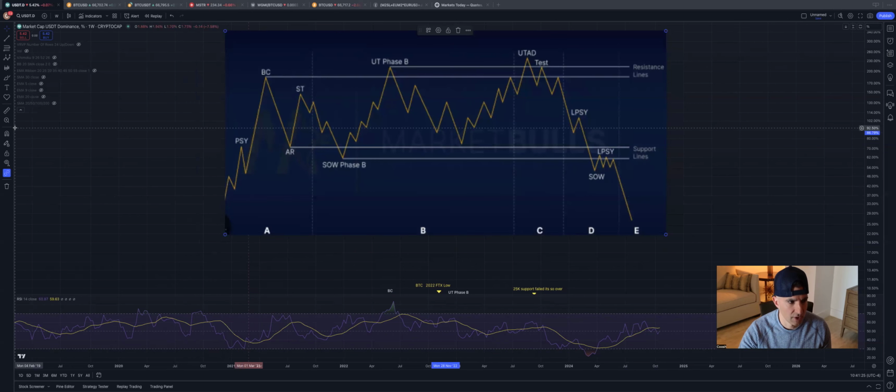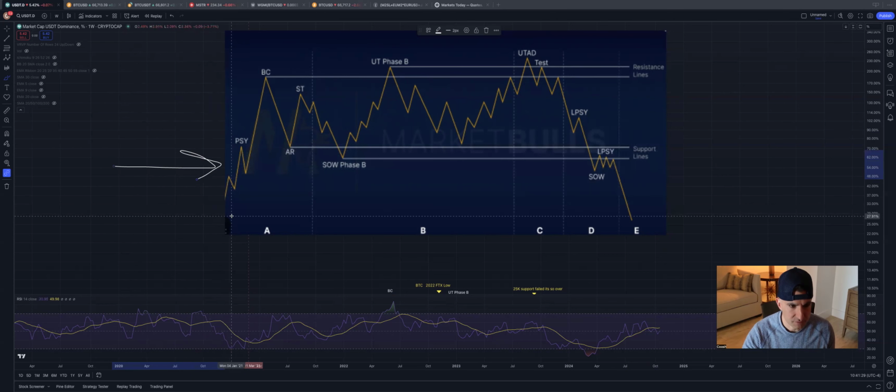And let me just define the chart really quickly for those that aren't very familiar with the terminology on here. So let's start on the left of the screen. We're going to start with Tether dominance in an uptrend, right? It meets a preliminary supply area, this PSY highlighted. You get a check back and then you get a buying climax. One could assume at a buying climax in Tether dominance that money is flowing out of crypto,